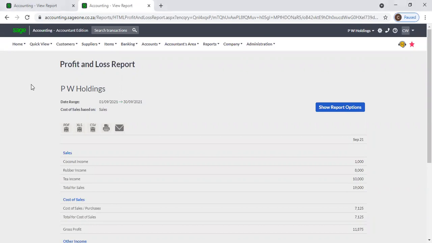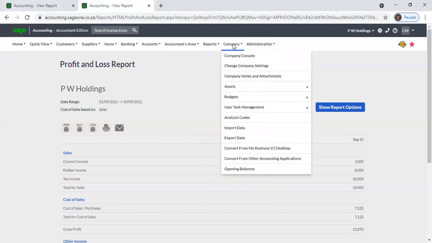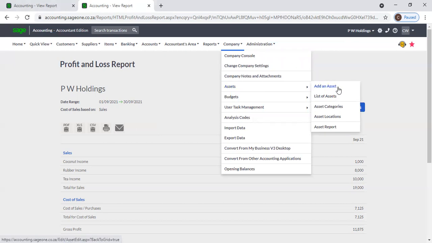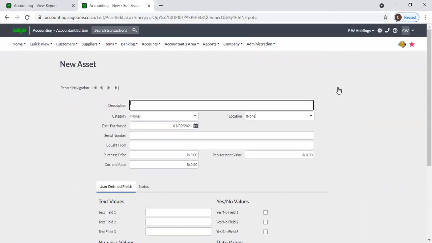Okay. Next, we will move to this fixed asset module. You can create a fixed asset from here: go to company and go to asset. By selecting this add an asset, you can create your fixed asset, and from here you can maintain your fixed